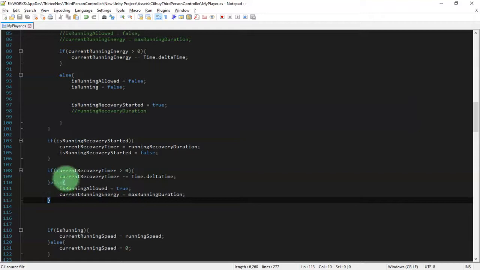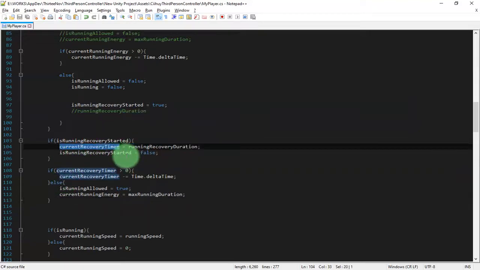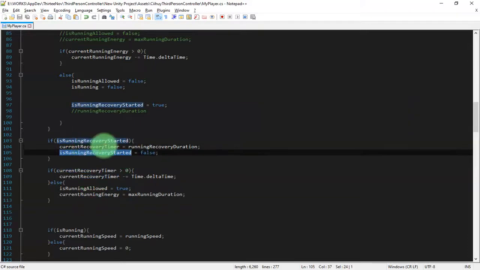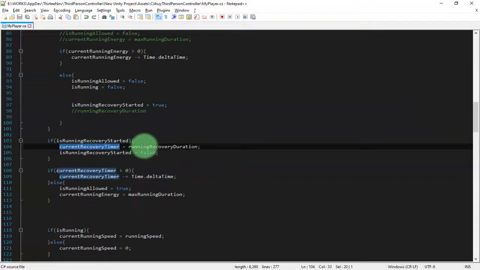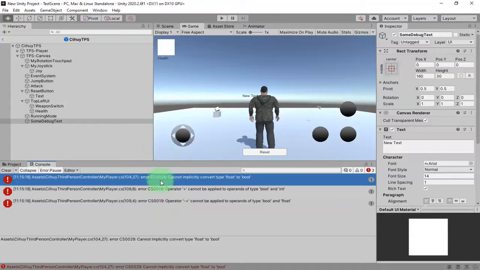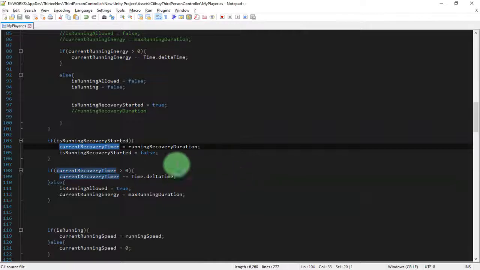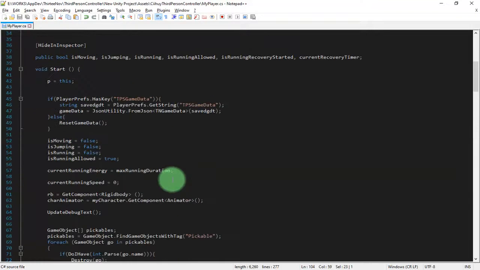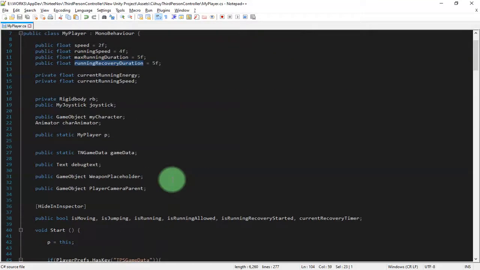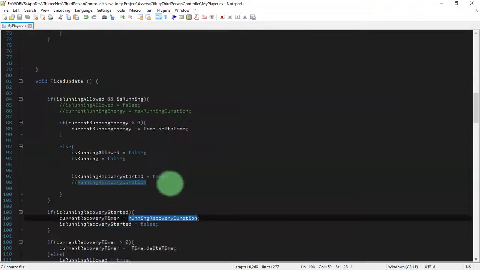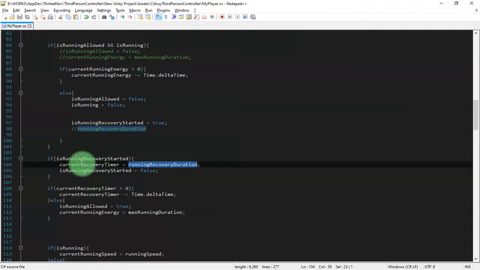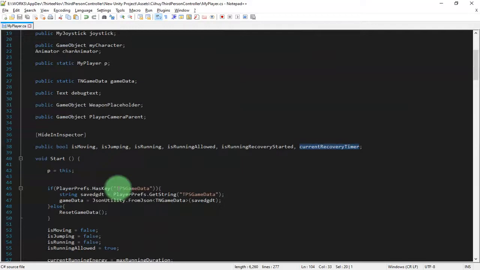Line 104. Current recovery timer. Float to bool. Running recovery duration is float, and current recovery timer.